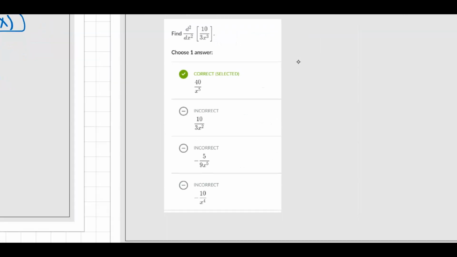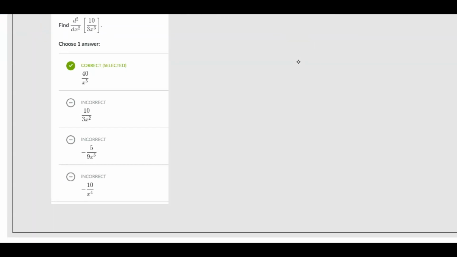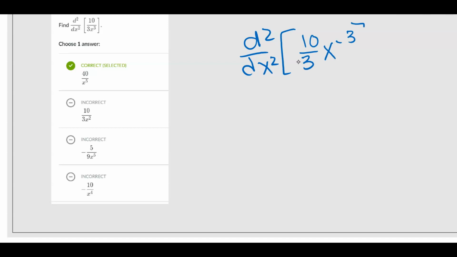Okay, I love this question. I actually already did it. You can see I got the correct answer selected. So this is not just to find the first derivative, but to find the second. So you have to take that notation into consideration. The first thing I did was bring up my exponent as a negative. And then the first derivative is